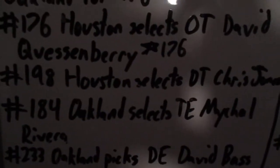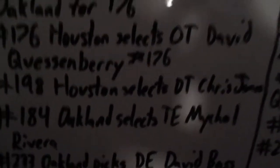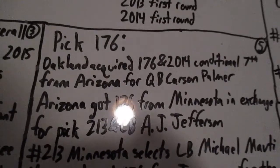With the 233rd pick, the Raiders would select defensive end David Bass. Again, didn't make the team, irrelevant pick. Now I get to pick 176. So the 176th pick was acquired along with a 2014 conditional 7th round pick from the Arizona Cardinals in exchange